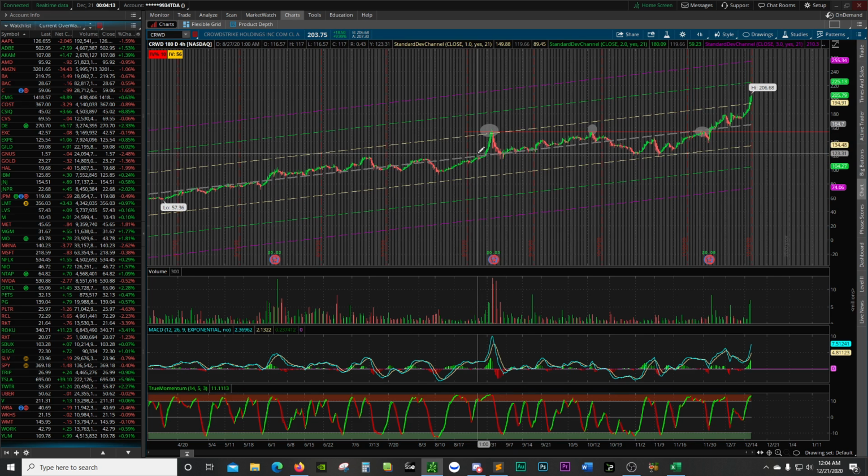If it hits 123 and you go in heavy and then it drops down to 96, I would double up. So I would say if you did 1,000 here, I'd throw another 1,000 here, maybe 1,500 at that point. 96. So you need a decent amount of capital to do this, especially with higher price stocks.